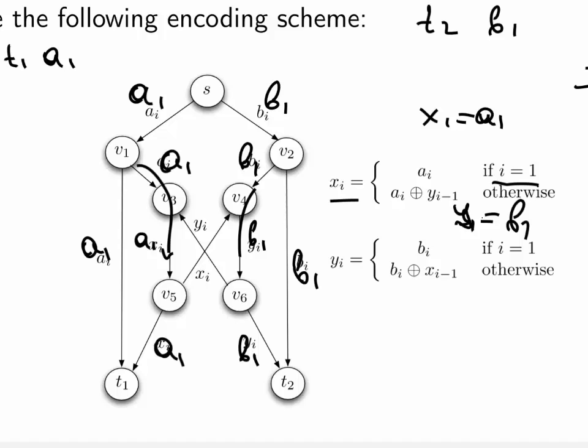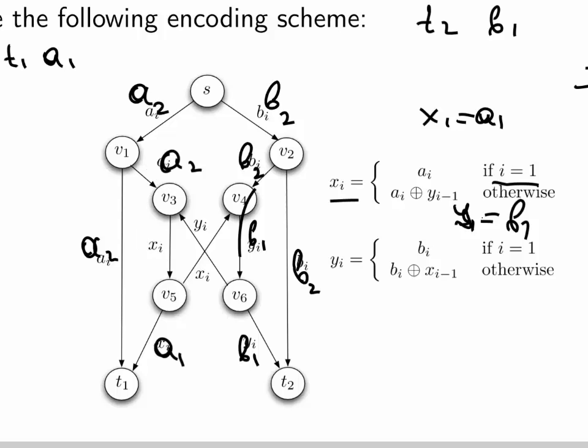So in the second round, the source will send A2 and B2 on the links to V1 and V2. So nodes V1 and V2 will forward A2 and B2 respectively. So A2 and B2 will be sent over those links as I'm showing here. So now what happens to node V3? So node V3 will see that in the second round,